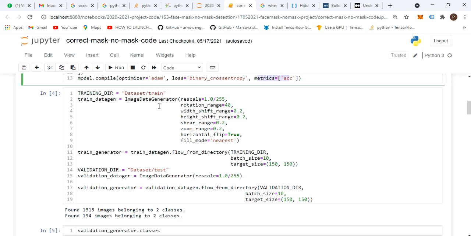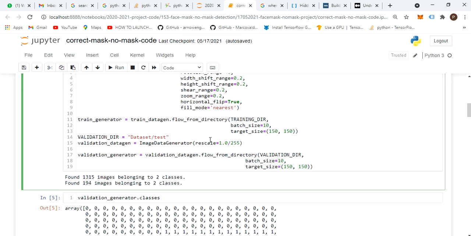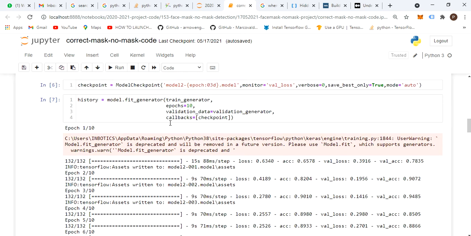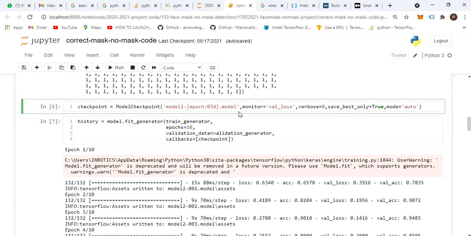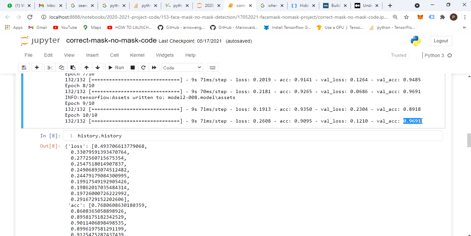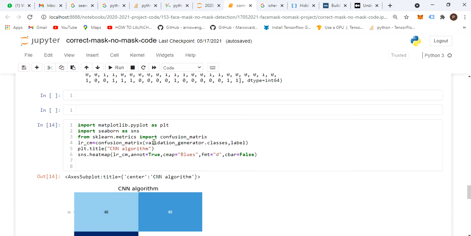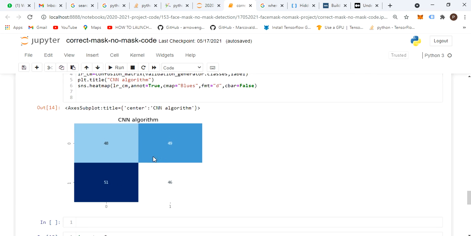We are plotting the accuracy on the training dataset. We have all the images, we are converting them into a 0 to 1 range and forming a model here. After forming the model, we are saving it, and see here it's your accuracy, and the accuracy and loss graph is also plotted. This is your CNN algorithm.